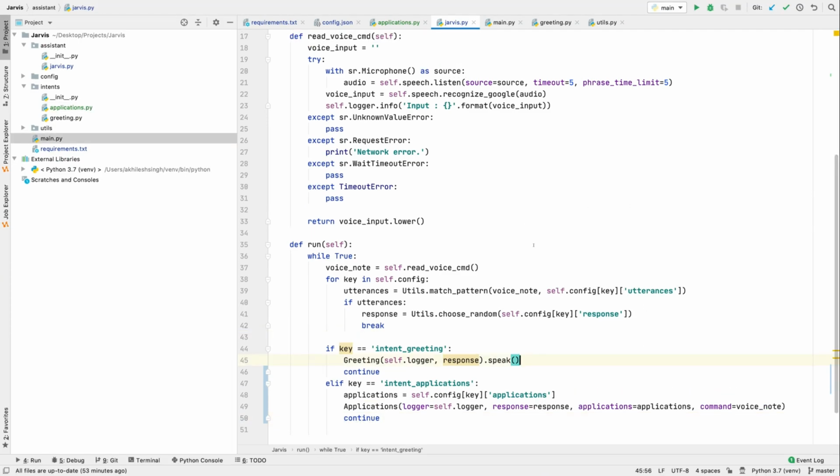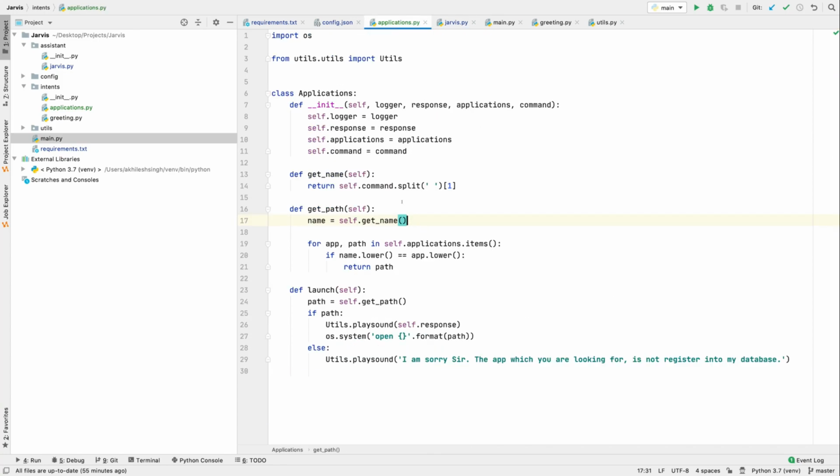Now let's run this. So first, before running, I'm going to debug so that you can see the execution flow. So I'm going to put a debug here, and here also.